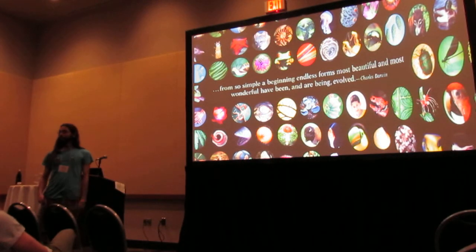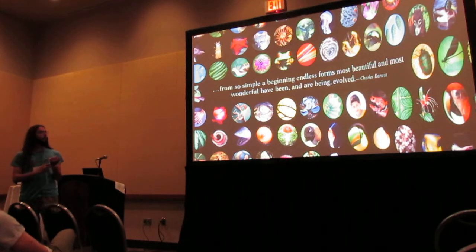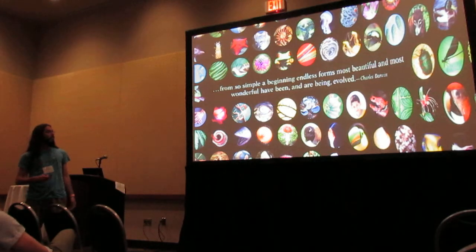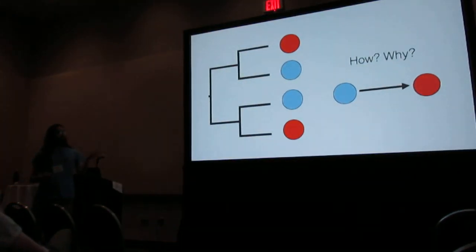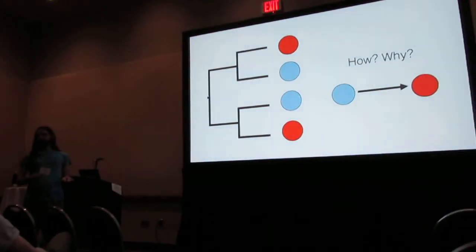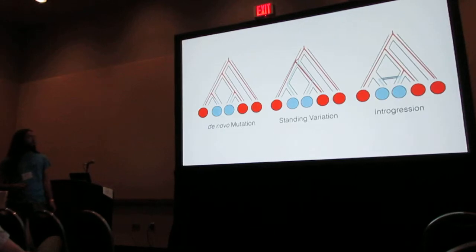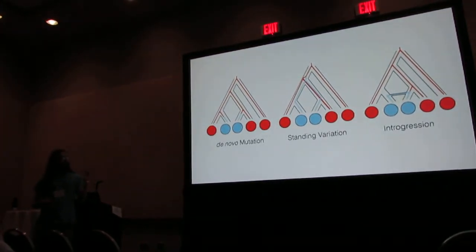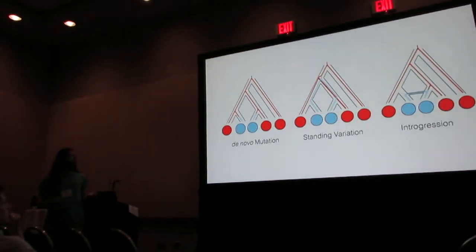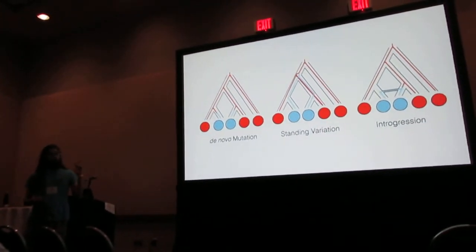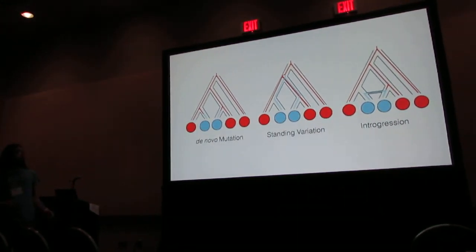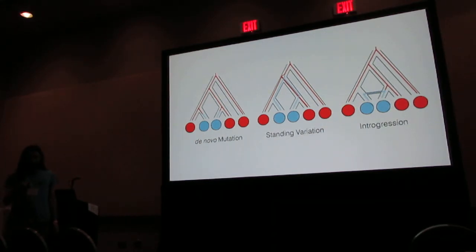Anyways, I don't really have to convince anyone here that to understand all the diversity of life that evolutionary biologists try to study, traits that appear in multiple places of a phylogeny are very useful because they provide some sort of replication for the occurrence of a phenotype. And these replicated instances of traits are usually thought to occur at the genetic level by one or a combination of, I guess we could call them, coalescent processes, where you either have true